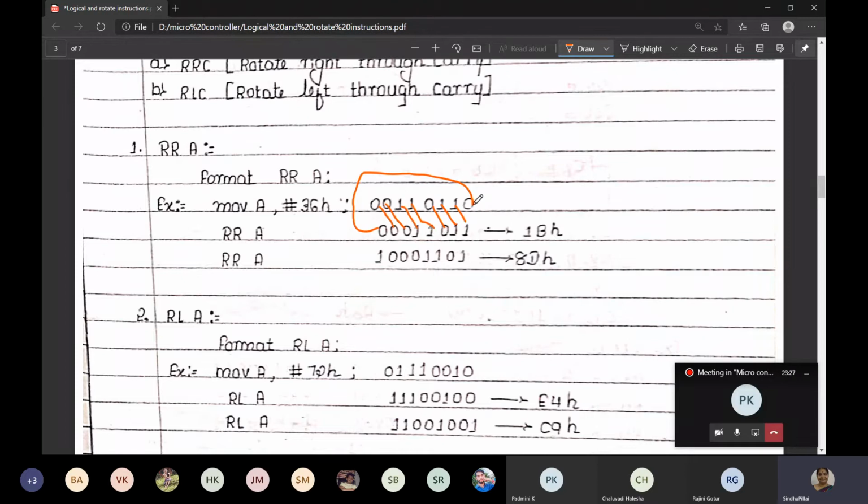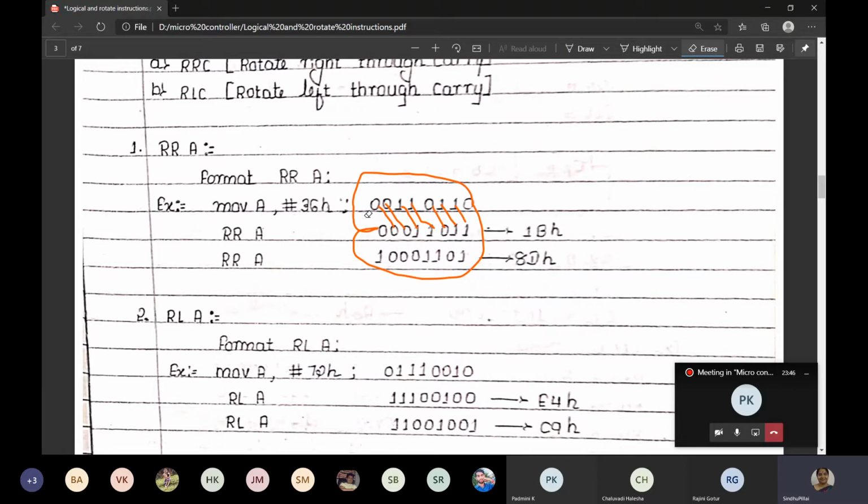So this 0 has moved from the LSB to the MSB. Getting it? This is rotate right. Once you rotate right, the 36H will become 1BH. That is written here. Understood?